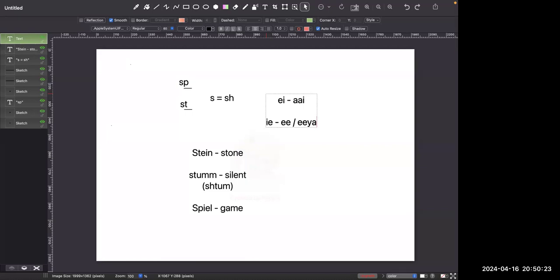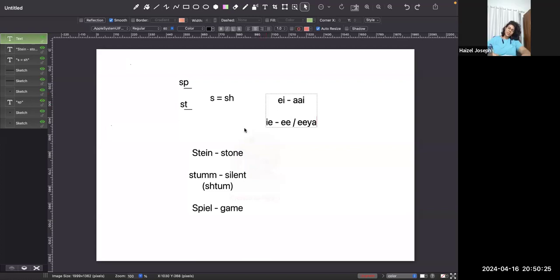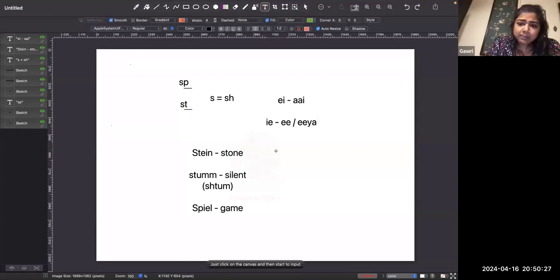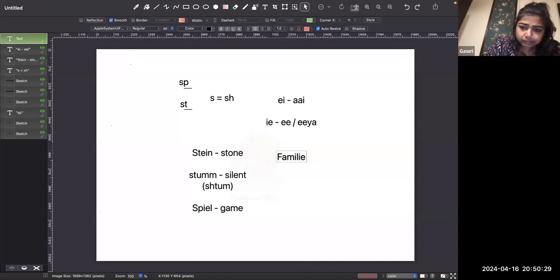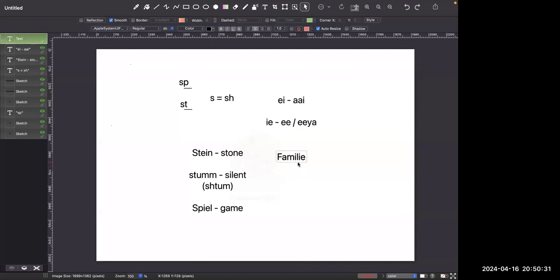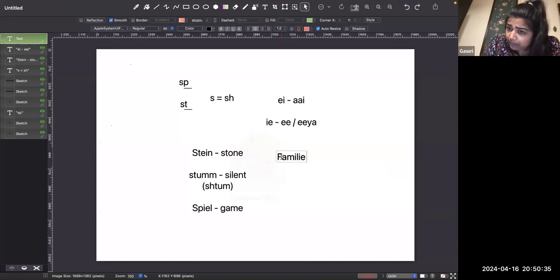Can you give an example, Gawri? Yes. For example, now let me pronounce this word first of all. This word will be pronounced in German as, first of all, please hear it,